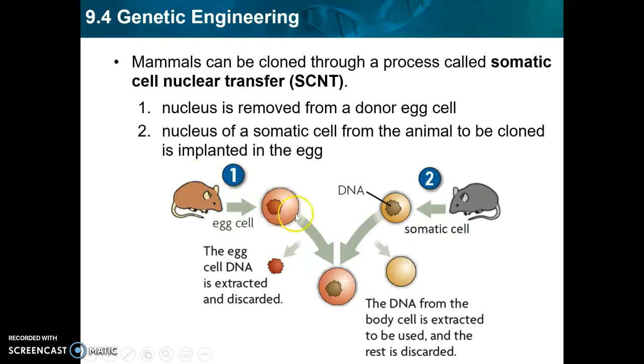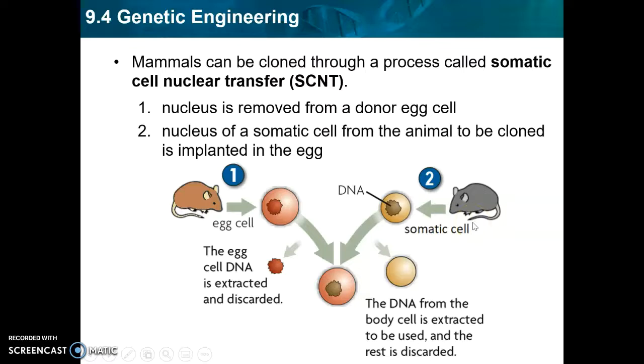The donor egg is important because it has all of the cytoplasm with the correct chemicals and the correct organelles in it to be able to grow into an embryo. A somatic cell doesn't have the ability to grow into an embryo, so we need the egg cell for that. But the nucleus of the egg cell is going to be haploid. There's only half the number of chromosomes that you need to make a healthy mouse. So we need the DNA from a somatic cell. We take that from the mouse we're trying to clone. So all of the DNA of this clone that we're making is coming completely from this somatic cell of the